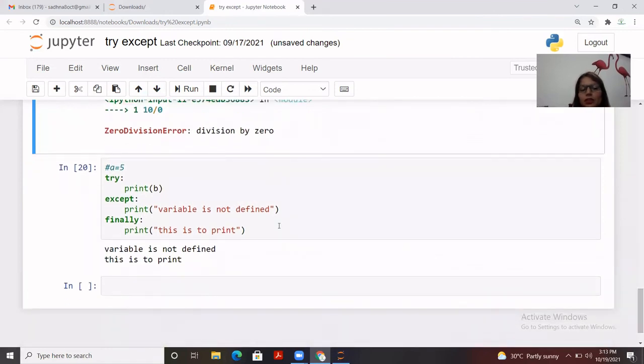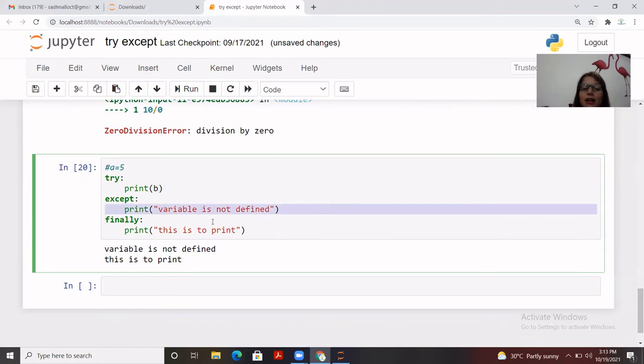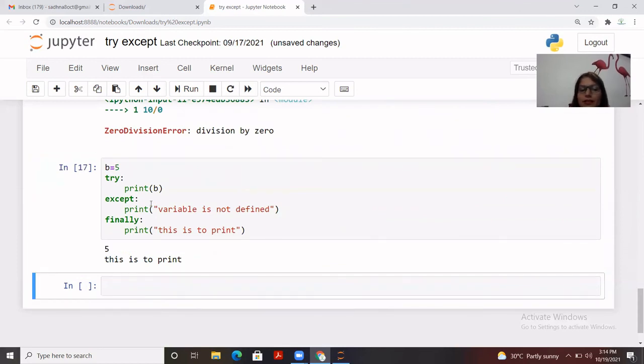And let me give you the example of finally as well. For example, here I have put a variable and I'm going to print it, but that variable is not defined. So this time my exception will occur. And finally is this statement, as I said, that this is going to be executed, whether you put that or not, because B was not defined. So let's say if I pass B equals 5, this time I have given a value to this. You see that the exception was not raised because we have passed the value of the B variable, but finally has been executed, because finally is the one that is going to be executed whether the exception is raised or not.